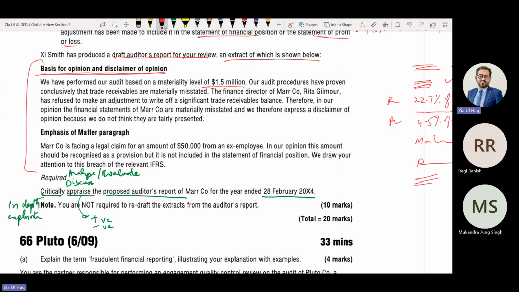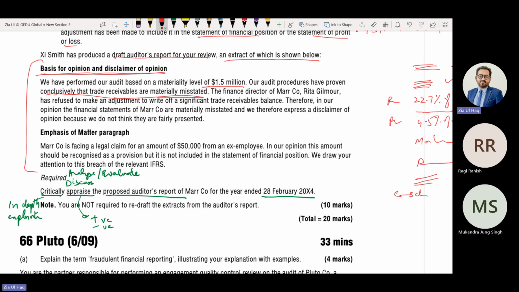Our audit procedures have proven conclusively that trade receivables are materially misstated. We'll put a heading, conclusive. Conclusive is saying we have 100% evidence, I mean, we have verified everything.